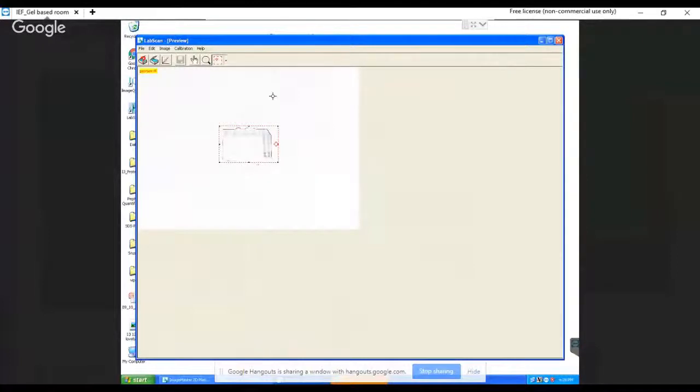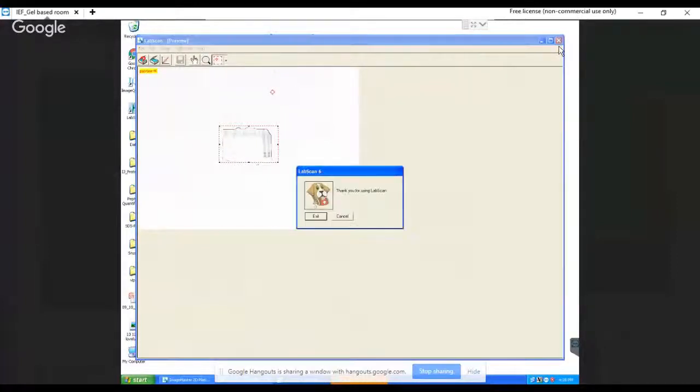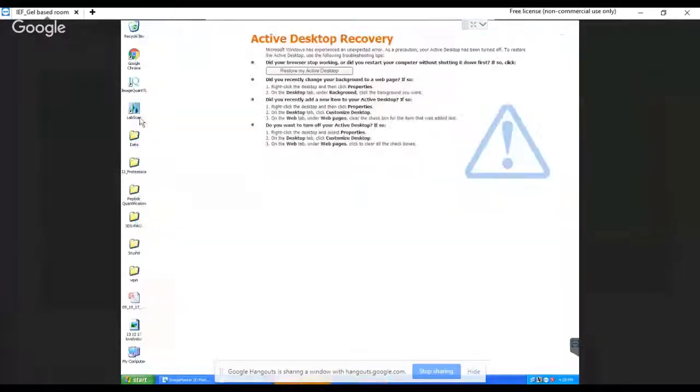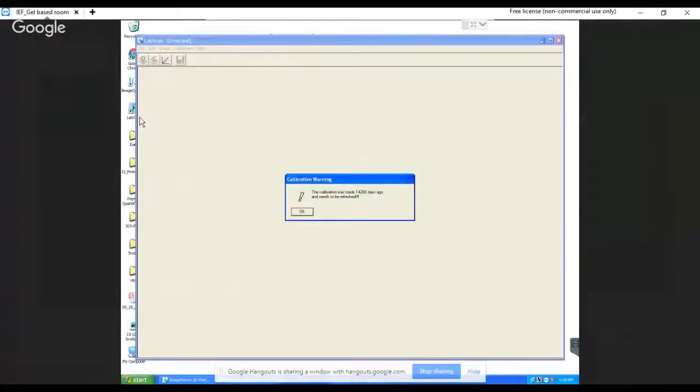It's pretty simple. We'll close the window, LabScan, and open it again. It's software which we use to scan our gel images.